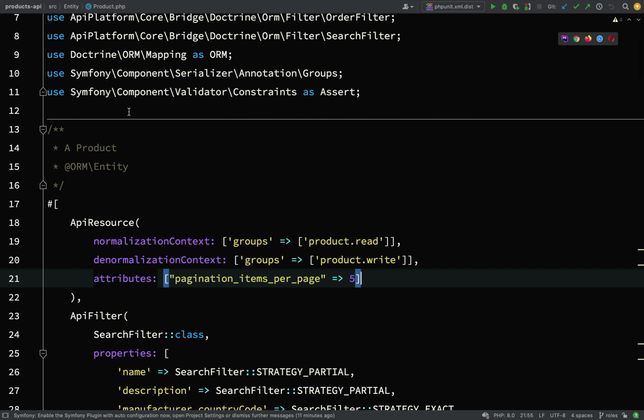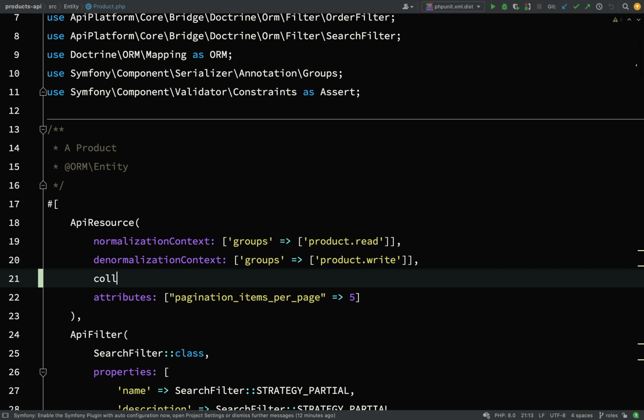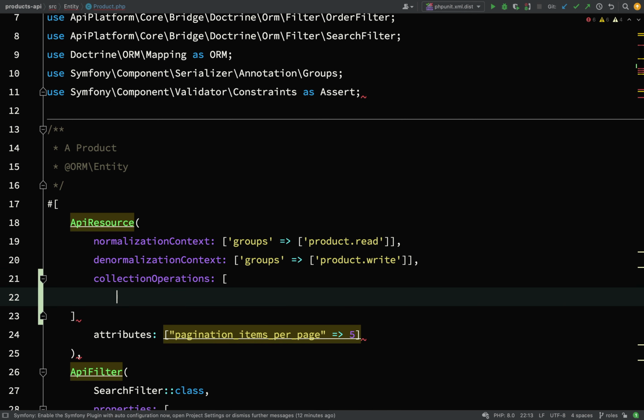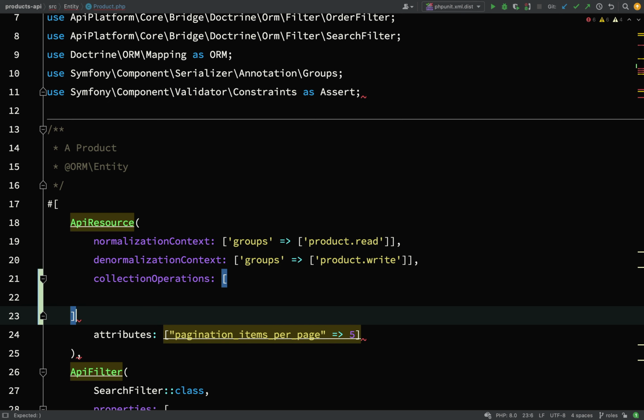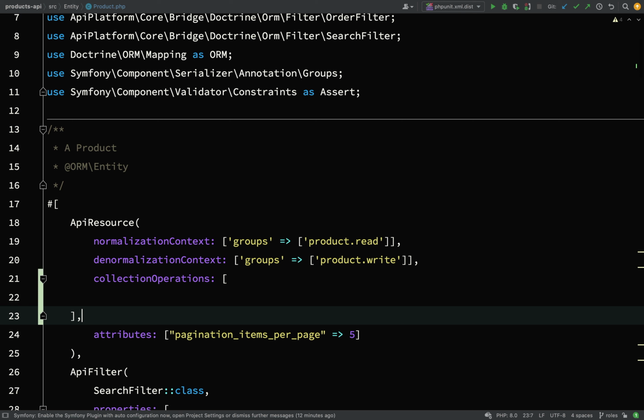So in our product entity on the API resource here, what we'll do is we're going to add a new one. It's something which we've added to the manufacturer already, and it is collection operations. So remember, we have collection operations which you can perform on a collection, or item operations which you can perform on an item. And so what we're going to do here is, thinking about our application, it wouldn't be wise to just let anyone be able to create a product. So what we're going to do is we're going to say you can only actually create a product if